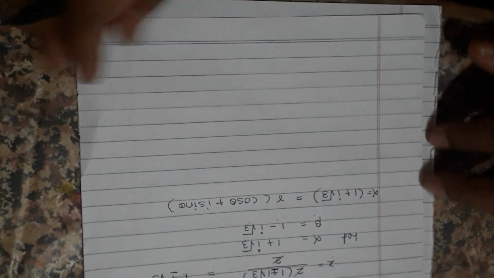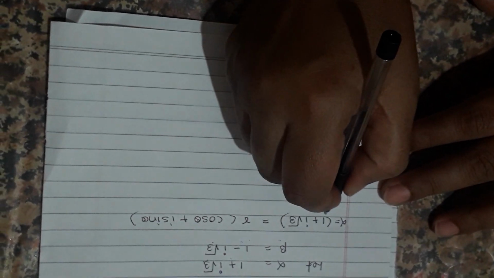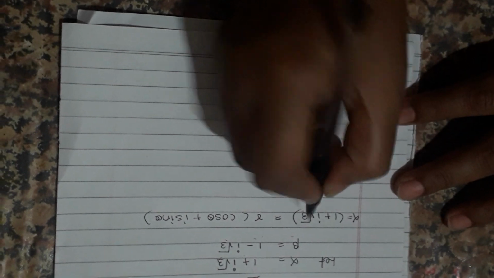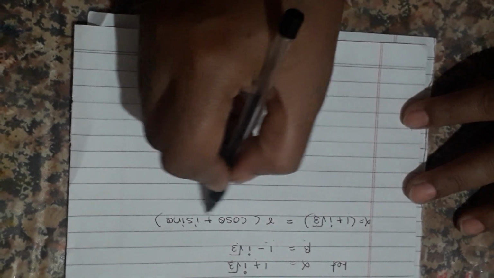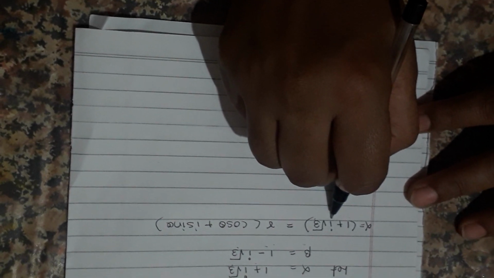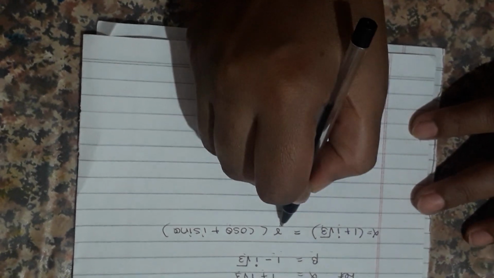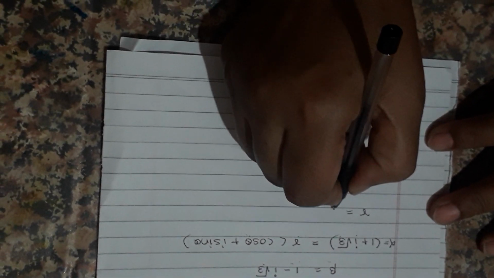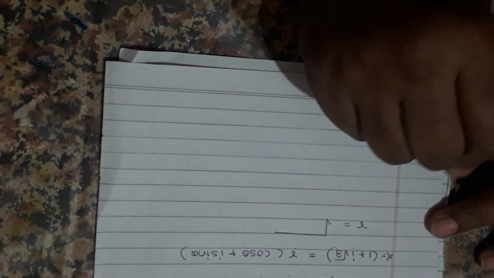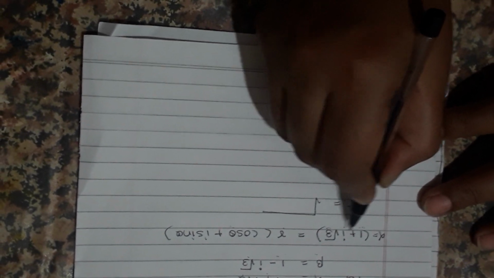Now if we separate the real and imaginary part of those two terms, as it is in the form of x plus iy, here we have to write down, as we have taken the polar form of that number, so we can write the value of r and theta. We have to find the values of both r and theta from that complex number. As we know that r is equal to under root of x square plus y square.